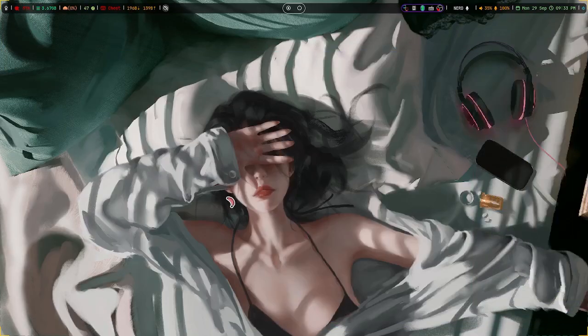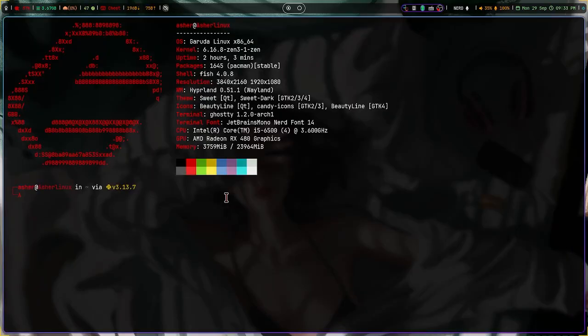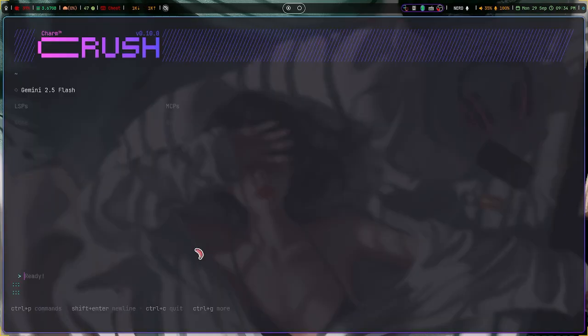So what I'm going to first do is open my terminal and write Crush. In my Flash, I have no MCP servers. I haven't set this up yet. So I want to ask the AI to do it. The way to do that is